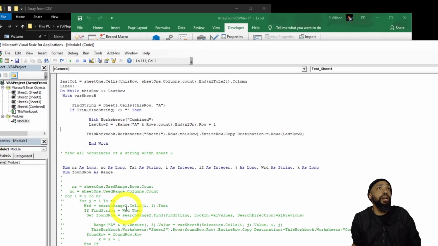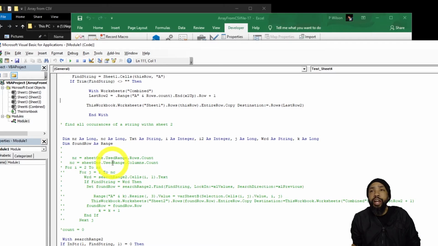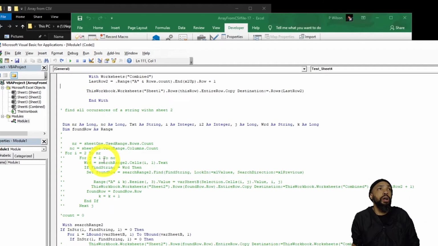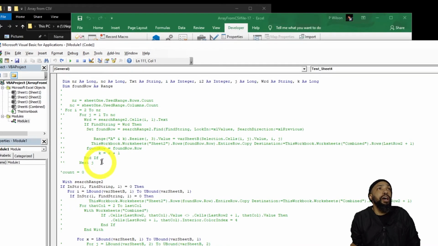Now, a lot of this was trial and error. I had to try different codes. I had to piece this together and decide what was going to work and for what my tool and what my needs were. So, moving right along, I used search range,